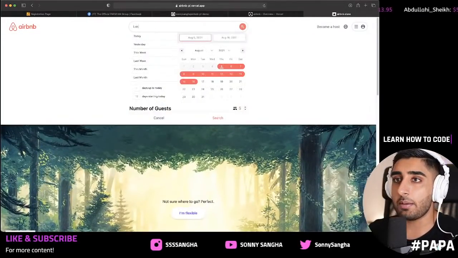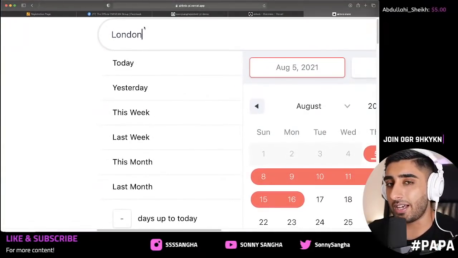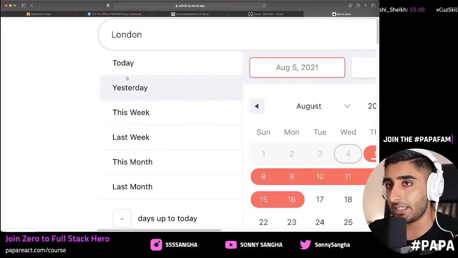As I mentioned before, when we type in, it will go ahead and keep track of the value. Now that allows us to then go ahead and do the things that we need to do, like show a